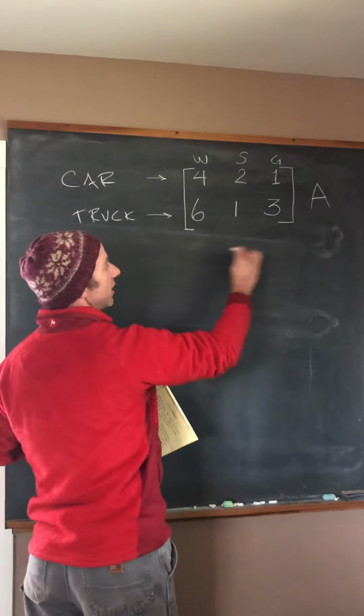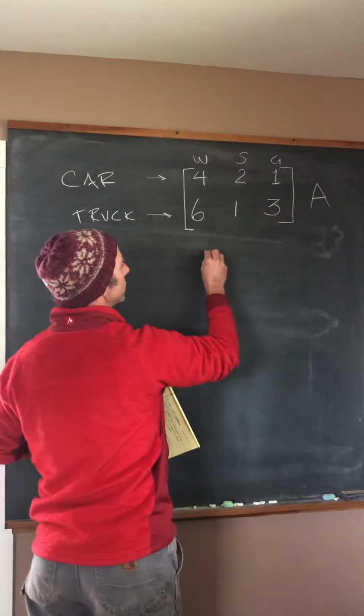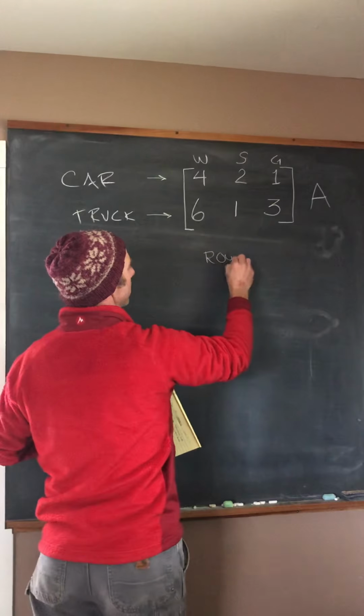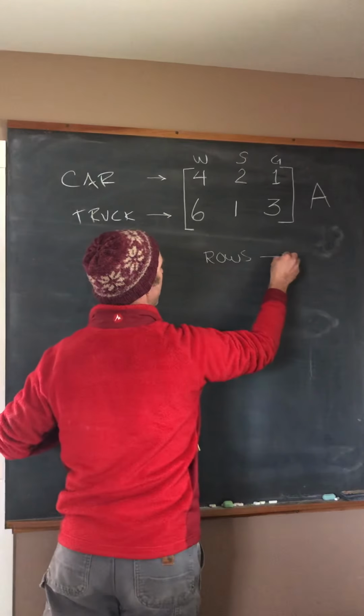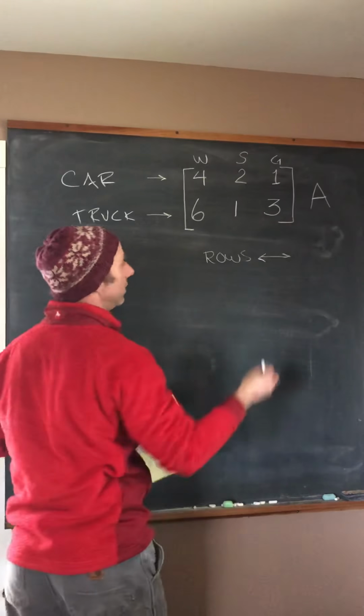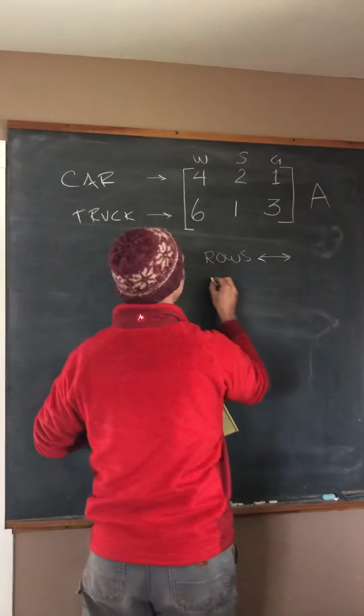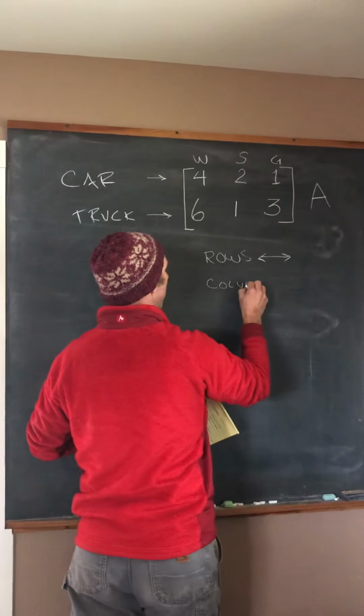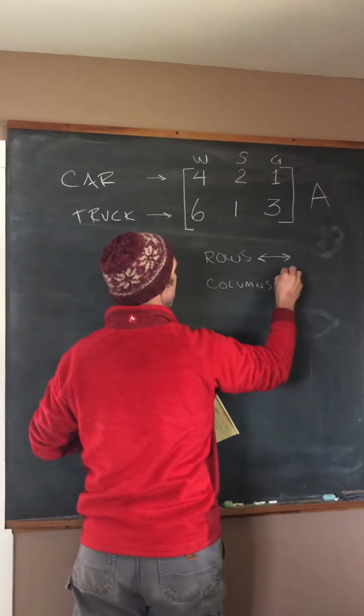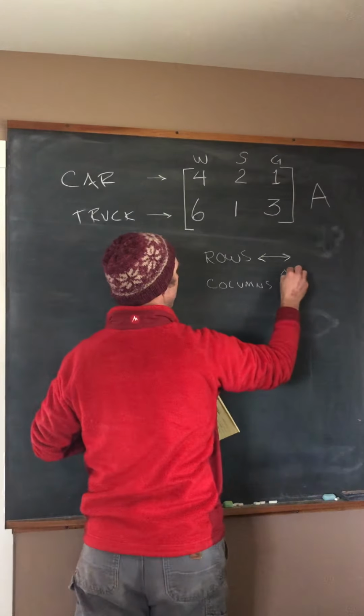Going side to side, this is going to be rows. Okay? And going up and down will be columns. Okay? And we will use the rows and columns to talk about its